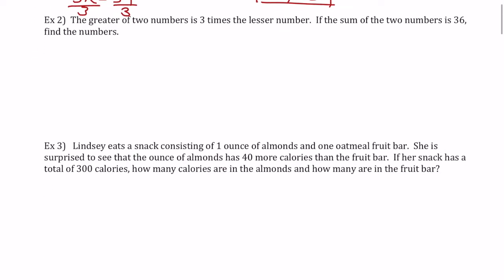So going on to number 3, it says Lindsay eats a snack consisting of 1 ounce of almonds and 1 oatmeal fruit bar. She is surprised to see that the 1 ounce of almonds has 40 more calories than the fruit bar. So in this case, the fruit bar is going to be my x. So I'm going to let, and that's called writing the let statement,